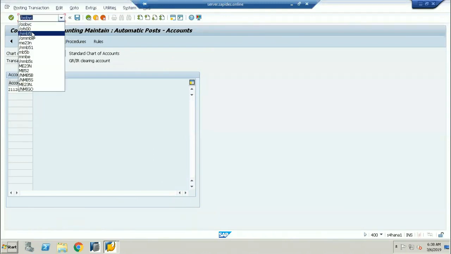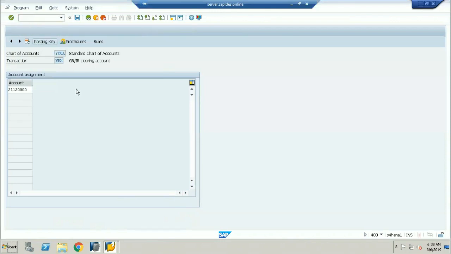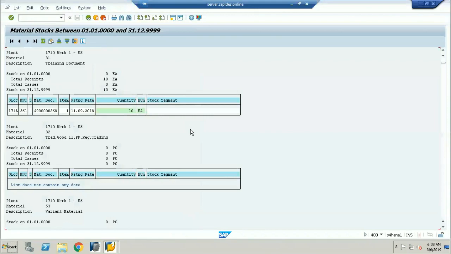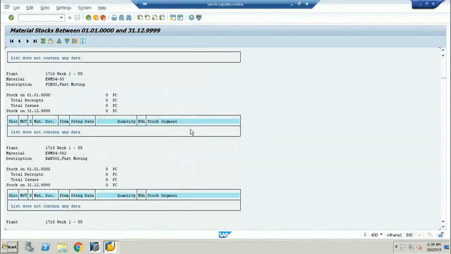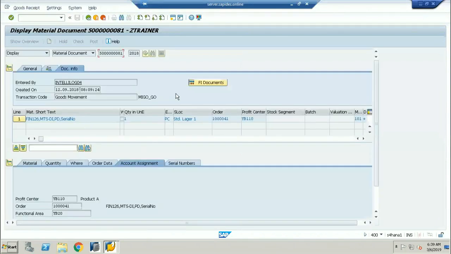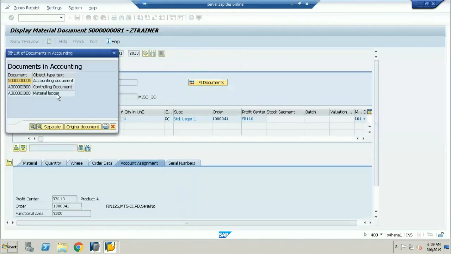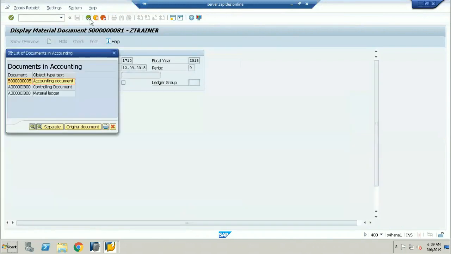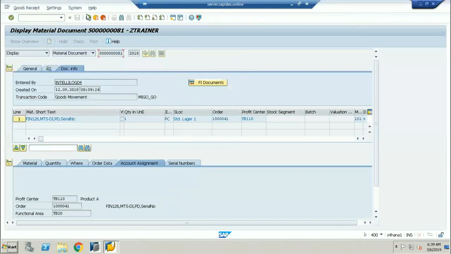I think I went into the MMBB. No, this is the different one. Again, I'm looking at the same thing.